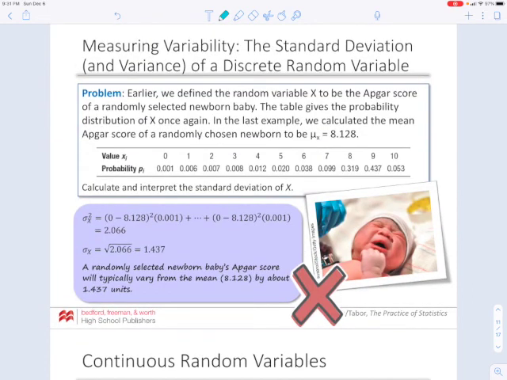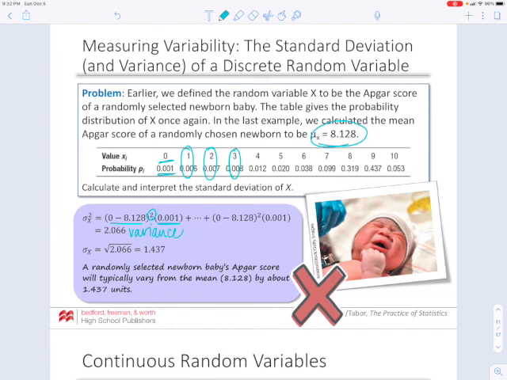So here for the APGAR scores, we would have seen in the previous example that the expected value is 8.128. So calculate and interpret the standard deviation. So we take the x value, 0, we're going to subtract the expected value, then we're going to square that difference, and then multiply by the probability of the value of 0. Then we're just going to rinse and repeat for each possible score that the child can get. We're going to add them all together. So the variance